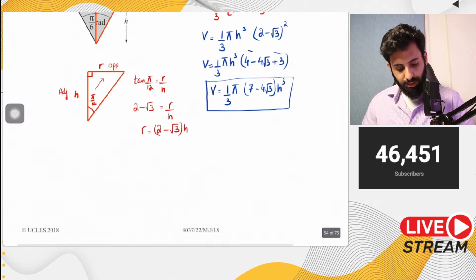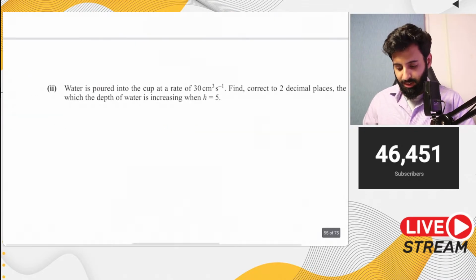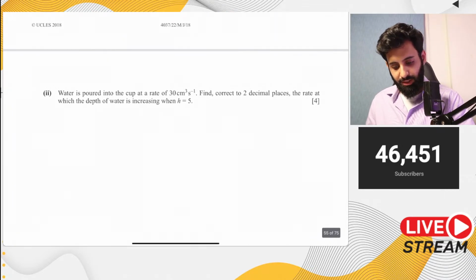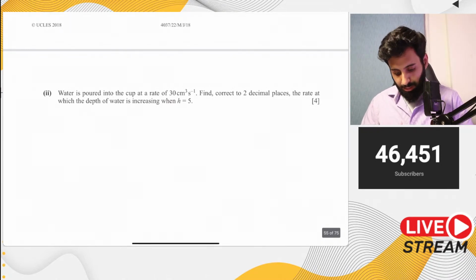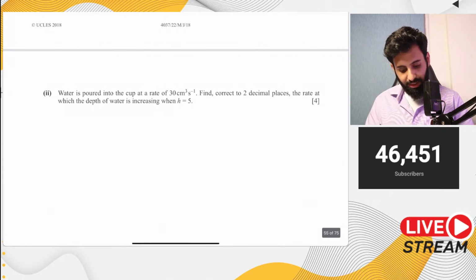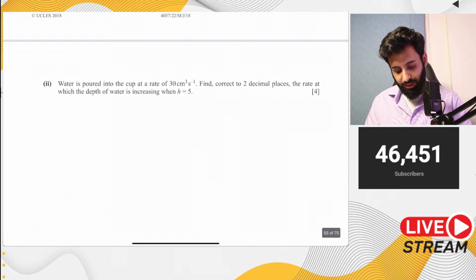Now, let's do part 2. Let's see what part 2 says. Part 2 says water is poured into a cup at a rate of 30 centimeter cube per second. Find, correct to 2 decimal places, the rate at which the depth of the water is increasing when h equals